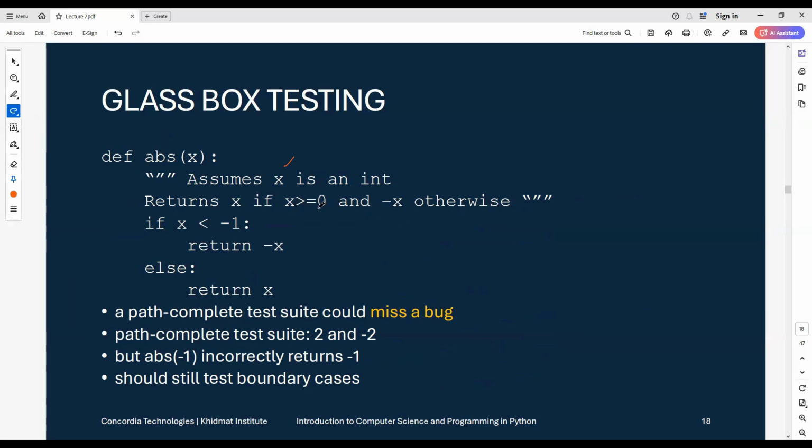Because if it is already less than 0, it would be a negative number, and if you negate it once again, it would become the absolute or positive value. So you say if x is less than -1, then return minus x, else return x. But this code is not correct. It's buggy. It has a bug, and the bug is that if you call it with the number -1,